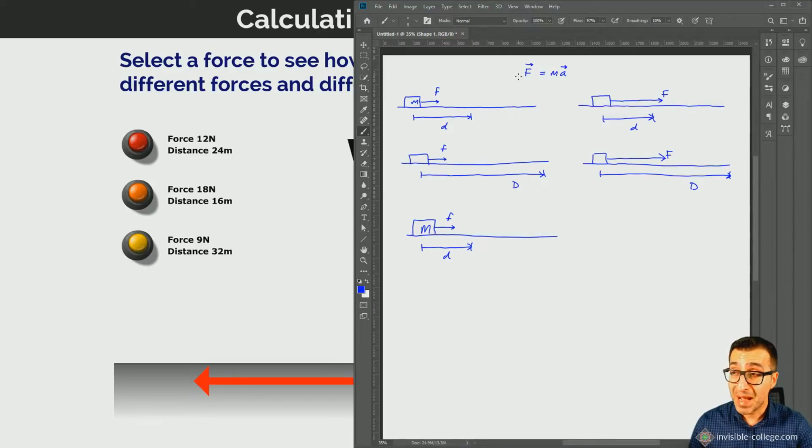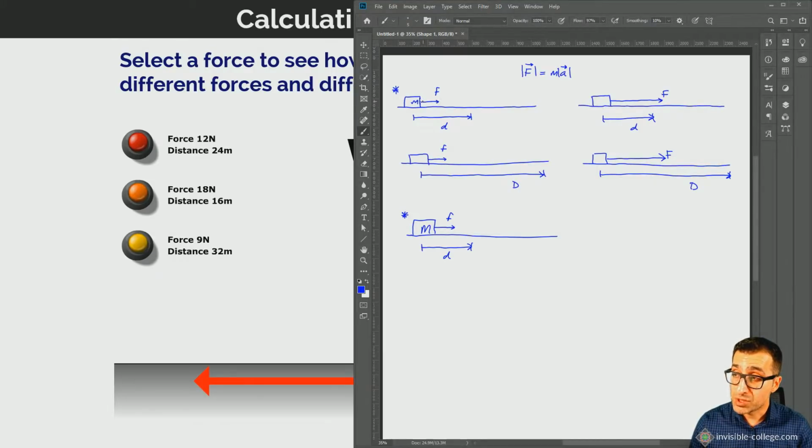We can simply say that the magnitude of the resultant force that's acting in each case, and to show magnitude we draw bars on either side of a vector quantity like this, the magnitude of this force that's acting is going to be equal to the mass multiplied by the magnitude of the acceleration. Now, what this means for these two situations here, when we're comparing this situation here with a smaller mass to the same situation, the same force, the same displacement with a larger mass, is that in both cases, the resultant force is the same, but the masses are different, which means